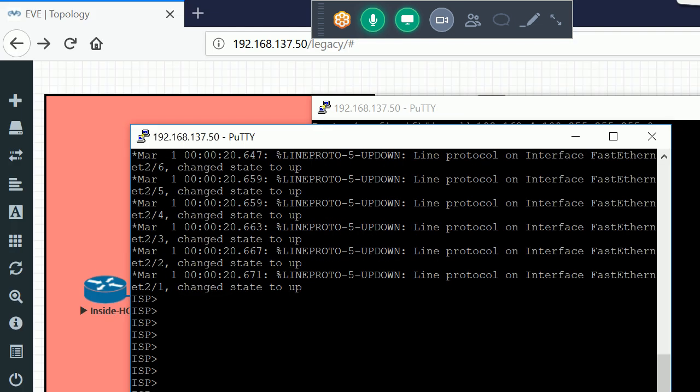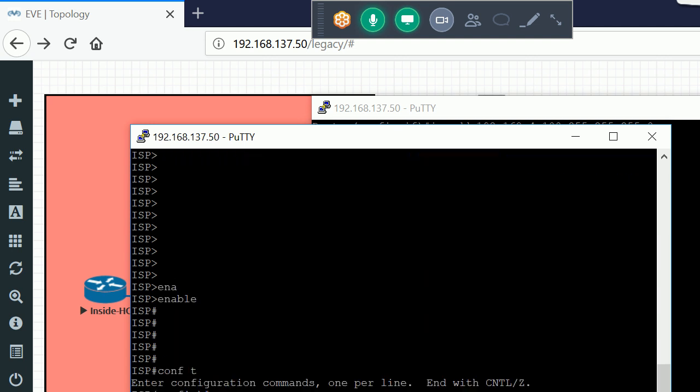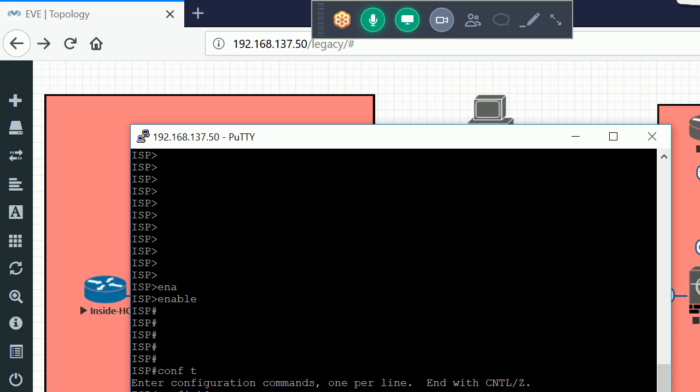Now I'll go into my ISP router and check the interface.